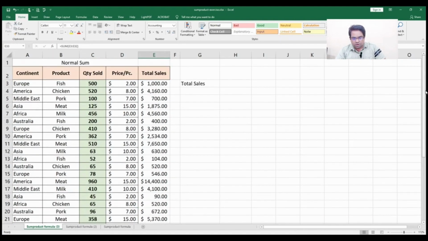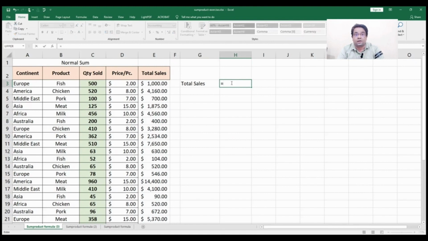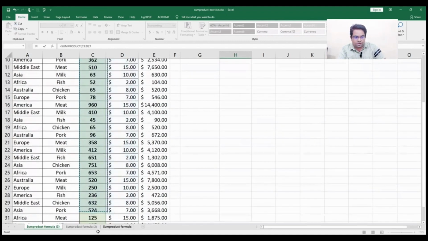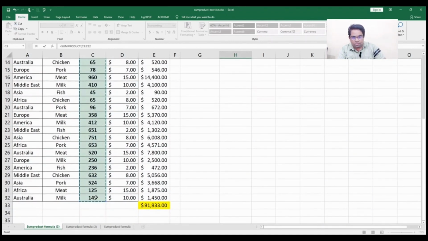And now the grand total is 91,000. Let me make it yellow. $91,933. But it is a time consuming process. Now we are going to use the advanced formula. So in one formula, in one row, you can get the complete total of the total sales. Now total sales I am putting here is equal to SUMPRODUCT, open the bracket,